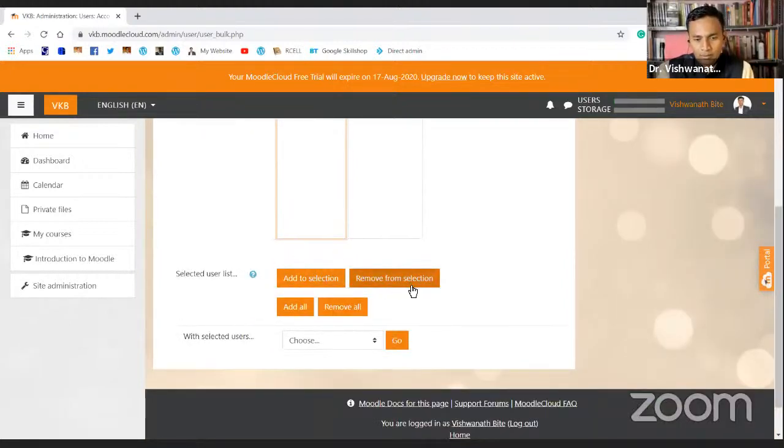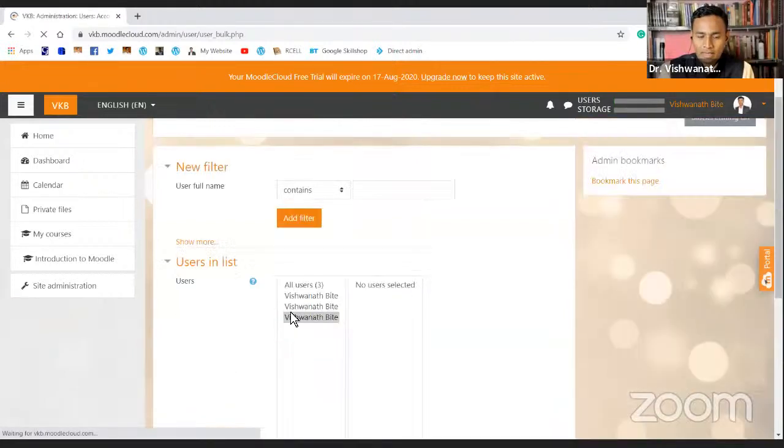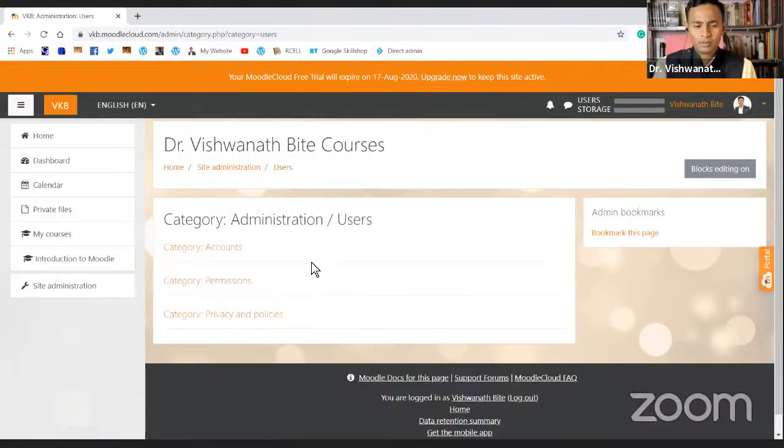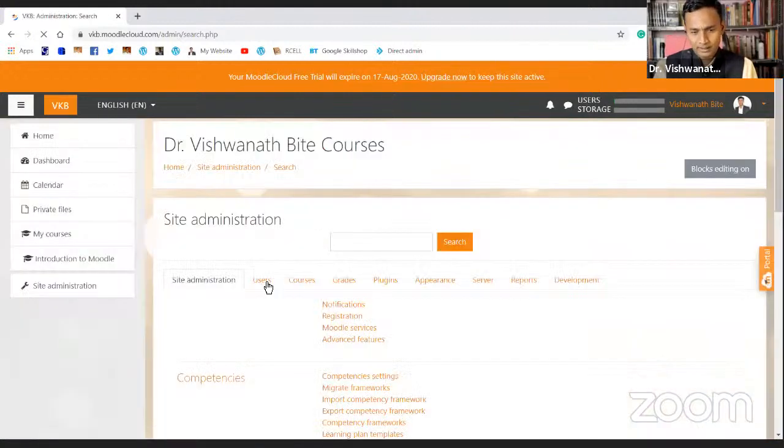So if I want to remove or add somebody, I can do that. So add all. If you want to add all selected to the new container, you can do that. I'll go back again. If you want to add or delete in bulk, you can do that. Okay.